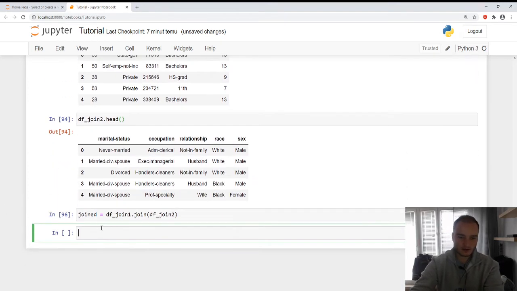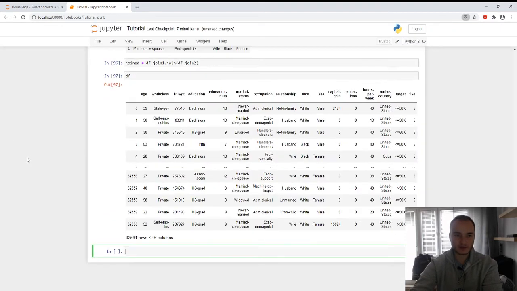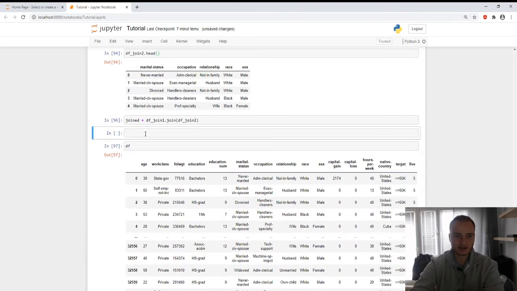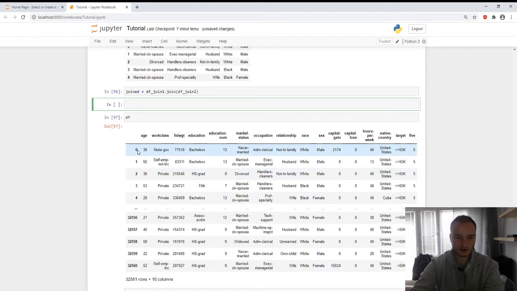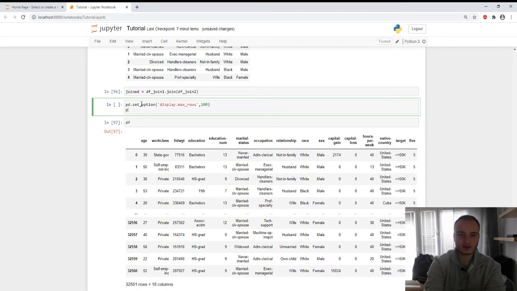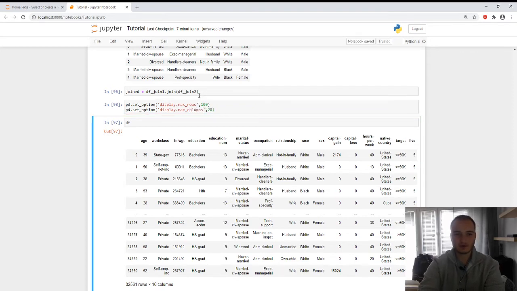You can also, for example, let's look at our data frame. You can also say in Pandas that you want to check more than those first, I don't know how many rows there are, maybe 10. So you can set options, pd set option, display max rows, and you can assign here, I don't know, 1000 for example, but let's take 100 rows, and let's take display max columns to be like 20. So we set our option, and now if you check our data frame,